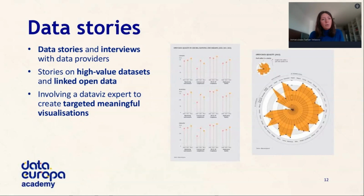In order to do this, we work with data visualization experts, for example Caroline Goulart from Data Eyes or Federica Fragapane, to ensure that we bring value to the data and we understand how to communicate it to the general audience. As I was mentioning, we also do interviews with data providers, because we understand that one essential